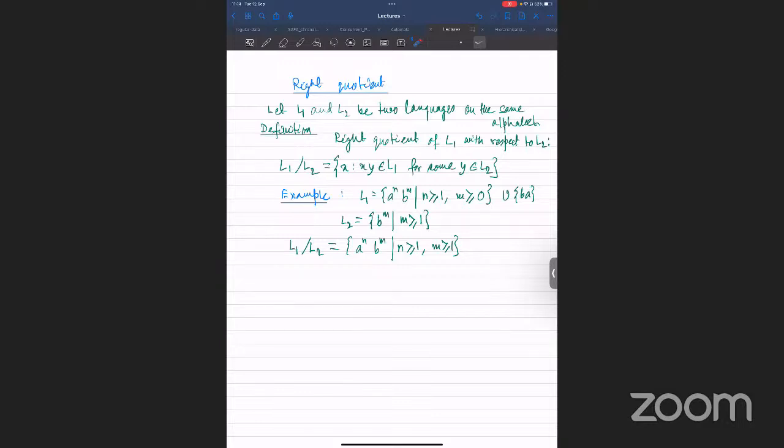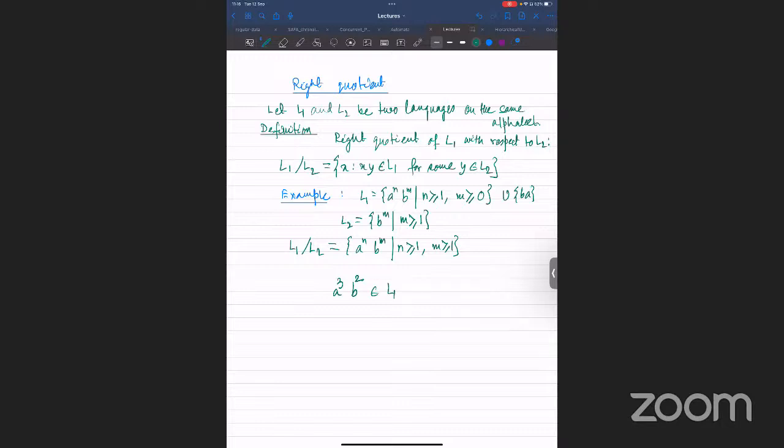Okay, just think of this. So what is the right quotient of L1 with respect to L2? It's a set of all the words which are in L1 such that a suffix of that word, we are looking without the suffix, exactly. So we are taking without the suffix. Now suppose you have something like a^n b^m. So suppose you have a^3 b^2. Okay, such a word which belongs to L1